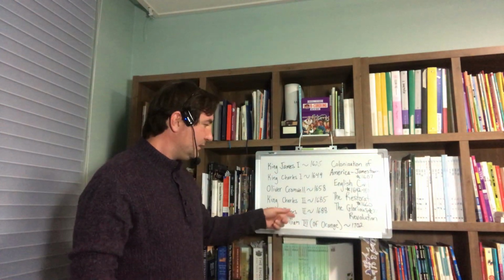So that brings us to King William. He dies in 1702. After him, he doesn't manage to have children either. So you've got Queen Anne, and Queen Anne is Mary's sister. I know this is complicated. Don't worry about Queen Anne because I can't include her, although she's very interesting.